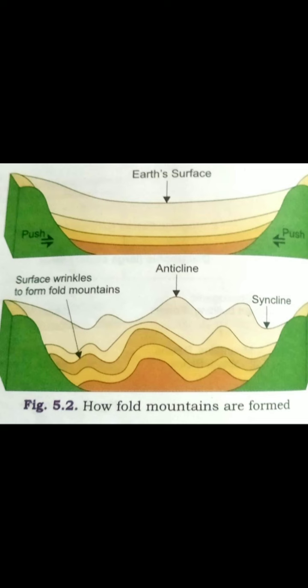So when a large scale earth movement takes place because of a lot of tension on the earth's crust, it may be because of expansion or contraction in some parts of the earth. These stresses are caused by the weight of the overlying rocks. Understood? So it can be compressive forces, and it leads to wrinkling or folding along the line of weakness. Ultimately, because of this folding, it leads to rising of the folds, and we call it fold mountain.